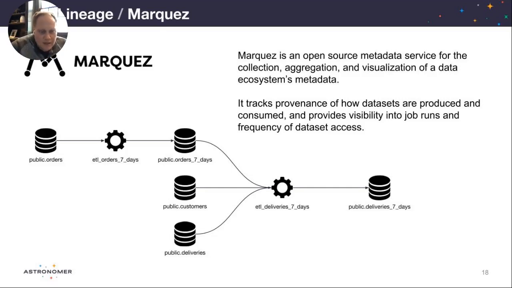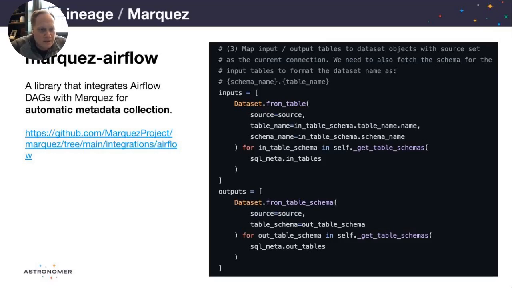And so the normal Airflow DAG, you would see these little gear icons, this task ran and that task ran, but here it'll basically explode that out and show sources and destinations in the middle. And the way it's doing that is, there's an integration with Airflow called Marquez Airflow. Like I said, in this case, this is the Postgres operator that they created a little add-on to, that literally parses the SQL and figures out what the from table and what the schema is, and so on, and sends that data along